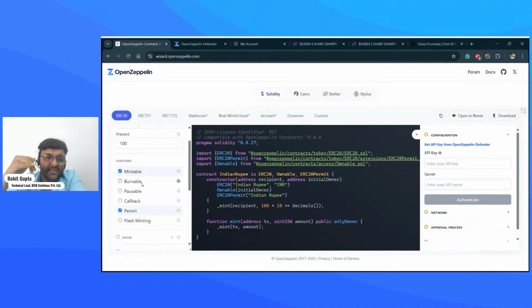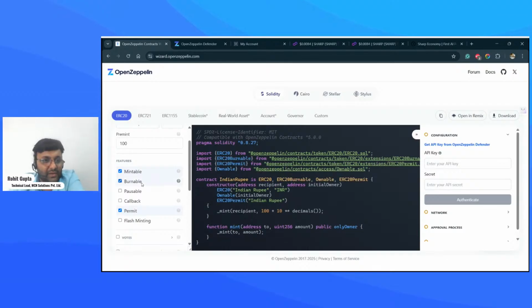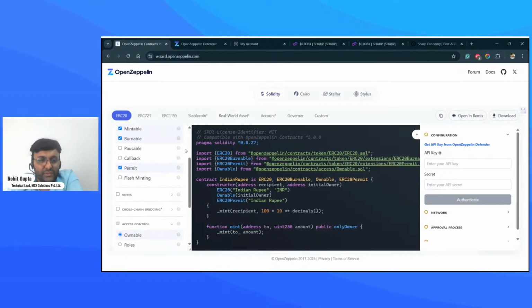Suppose the rupee price is going down corresponding to the dollar. So what RBI will do, they'll take out around 100 crores of 500 notes from the circulation. In that case, since the currency is less, our INR value will increase. So I will definitely have my token burnable, so that when needed I can fluctuate the price of my token.